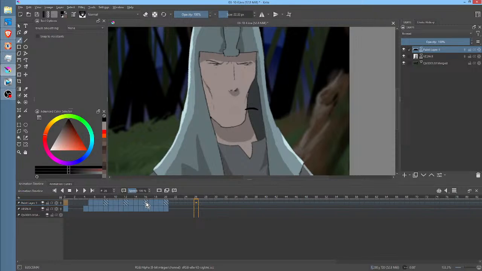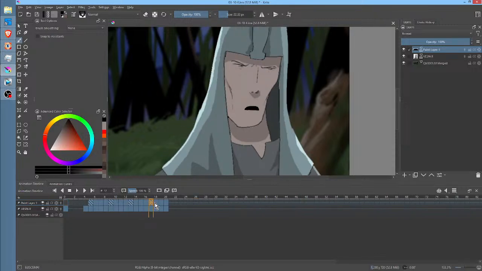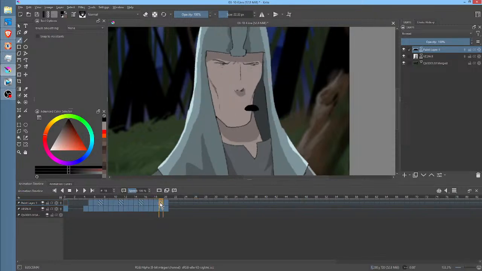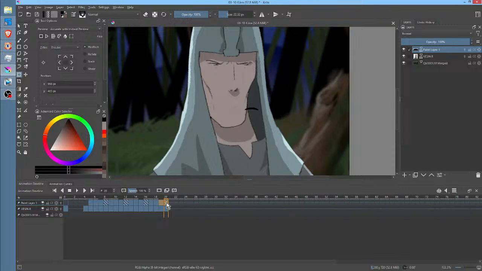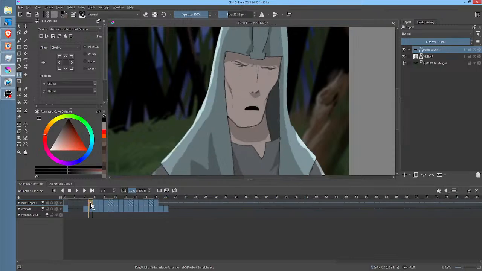Okay. So now obviously right here, from here, we have a problem. And it's a big problem. What's the problem? Well, this is the danger that you will encounter when you start using clones. If I transform this, every one of these is going to get transformed. So we can't do that. So we really need to get those keyframes out of there and see if that destroyed anything. Okay, it didn't. That's cool.